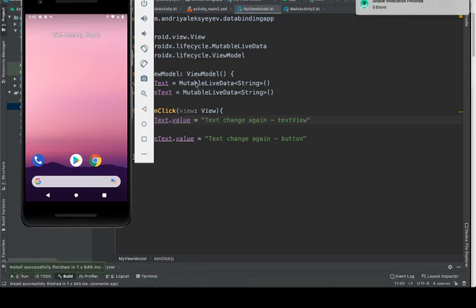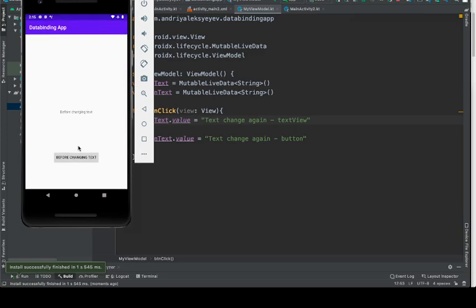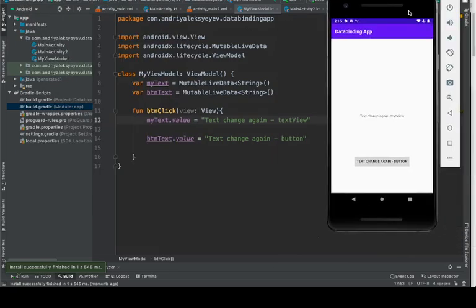Hopefully there are no mistakes, and you'll see. So click on button, before changing text. Click. Text changed again. Text view. Text changed again. Button. And so this is the example of data binding,